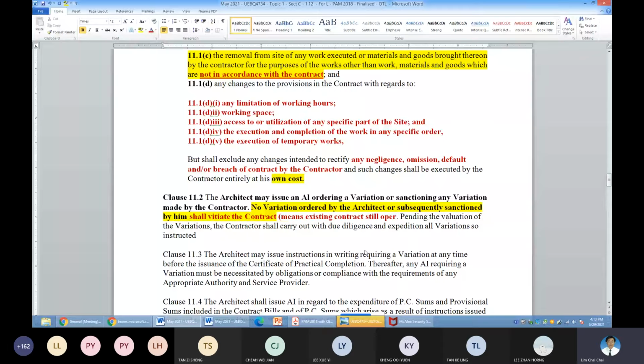If without this, each time a variation is issued, even if valid, the existing contract would have to be revised. So with this, it means we are already aware from day one that there will be a lot of changes and those changes won't affect the existing contract. So this is your clause 11.2. What does it mean? Now 11.3.